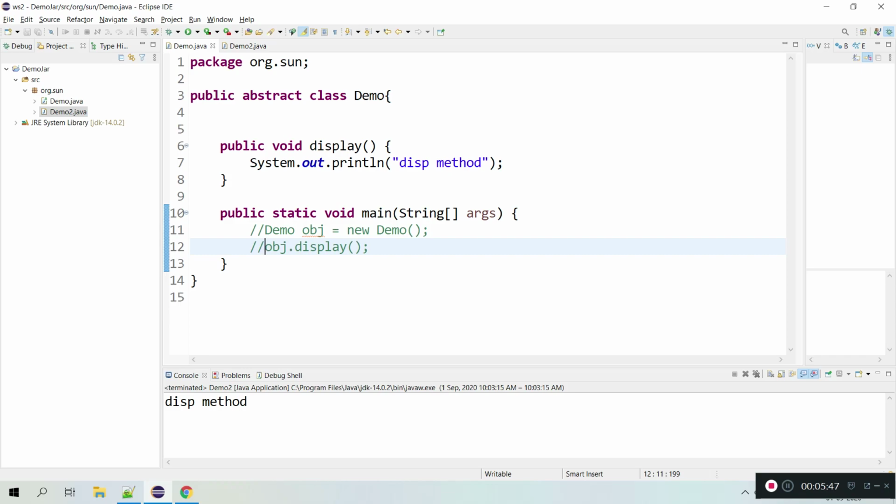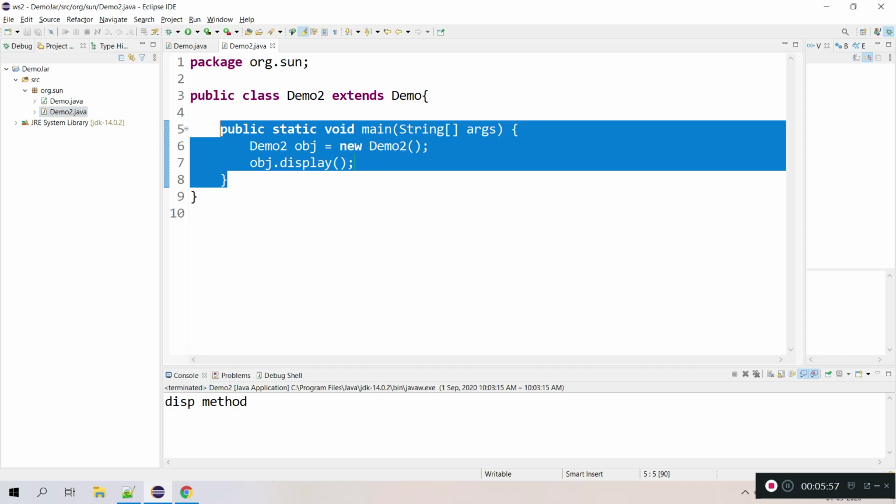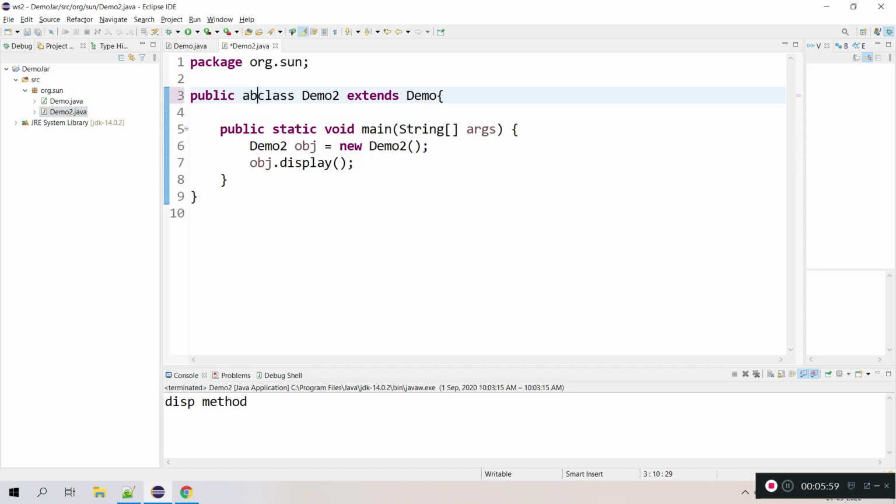Abstract classes should be inherited and 100% implemented, and only then can we create an instance. Let's say my child class is also abstract, then still I cannot create an instance of it. Any unimplemented methods should be implemented in the concrete class which extends the abstract class.